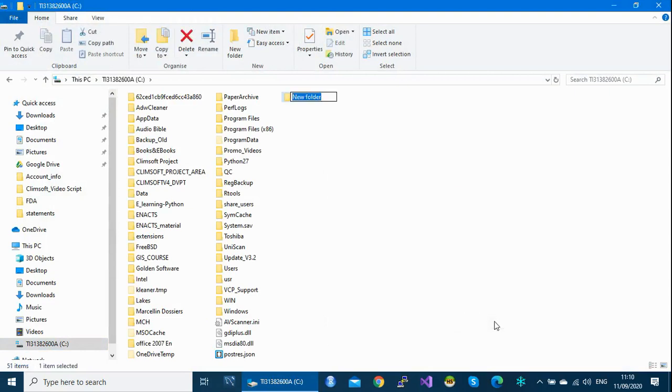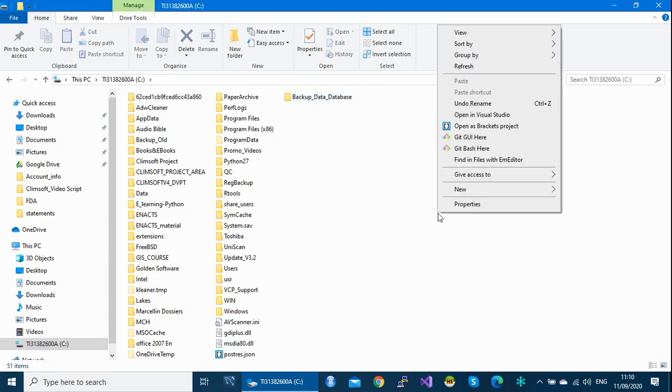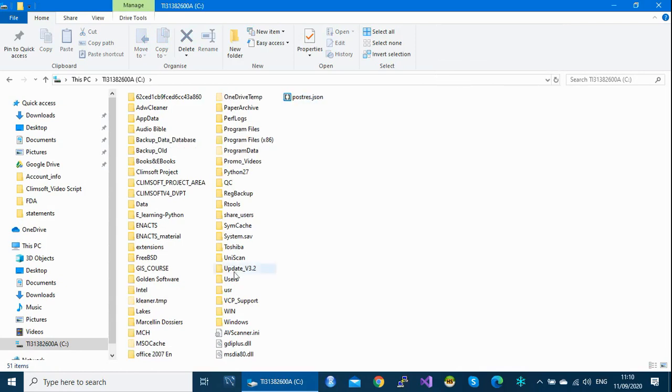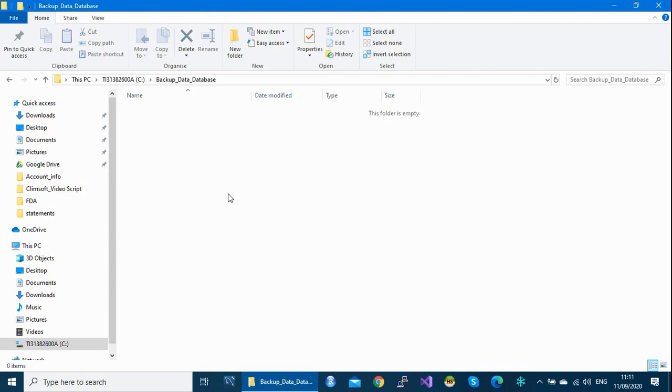Let's call this folder backup of data and backup of database. So that's it. We have our folder here under C called backup data and backup database, which is empty. So this is step number 1.